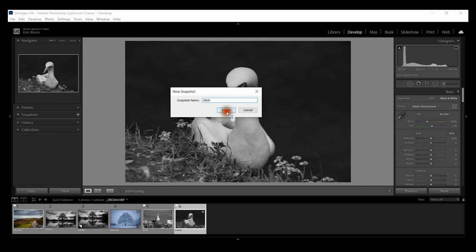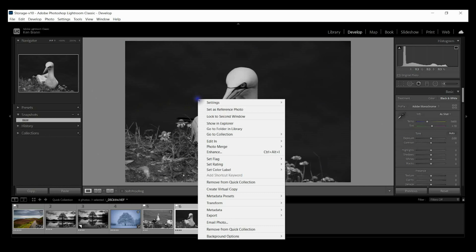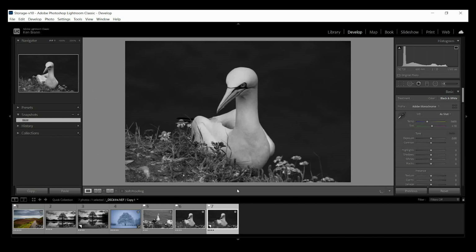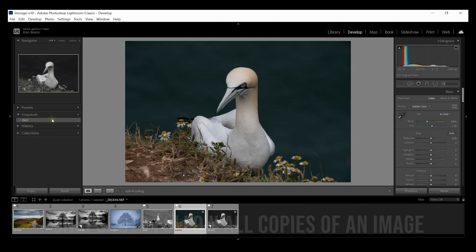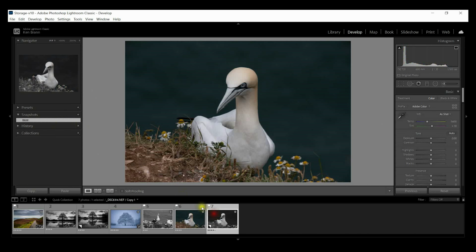Now, if I create a virtual copy of this, I come back in here and create a virtual copy. If I open the virtual copy, the snapshot is there as well. And let's go back and reset this. So I've got the color image, but I've still got the black and white attached to that one, and I've got the black and white attached to the black and white one, right?